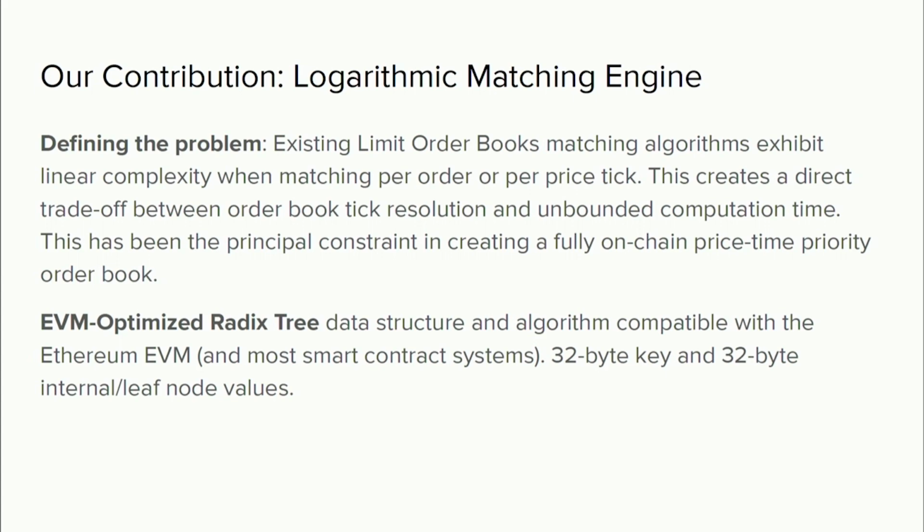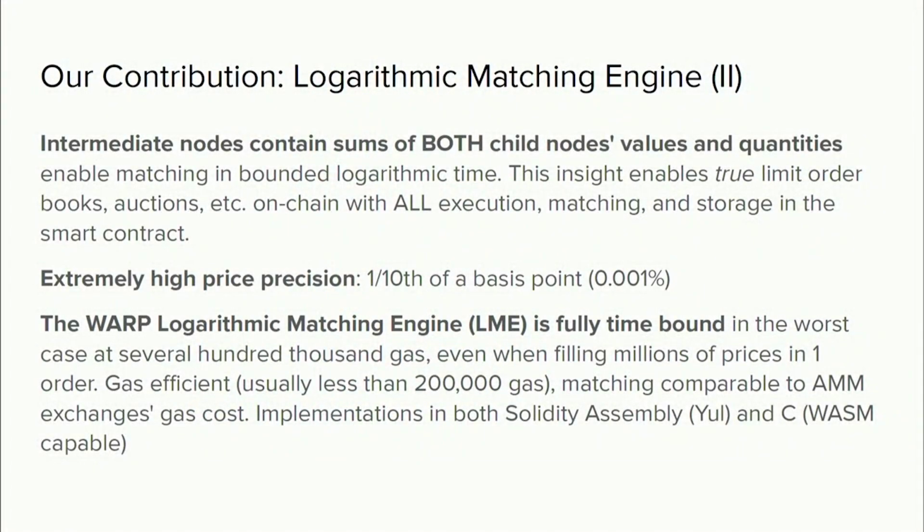So we constructed an EVM-optimized radix tree data structure compatible with the EVM. The EVM has incredible constraints: 32 byte keys, 32 byte values. Fitting everything in 32 byte values is not easy, and fitting the data structure in a way that minimizes reads and writes is highly complex. And here's the other insight: intermediate nodes, which JJ will be getting into soon, are going to contain both the child nodes' values and quantities. And that allows for true limit